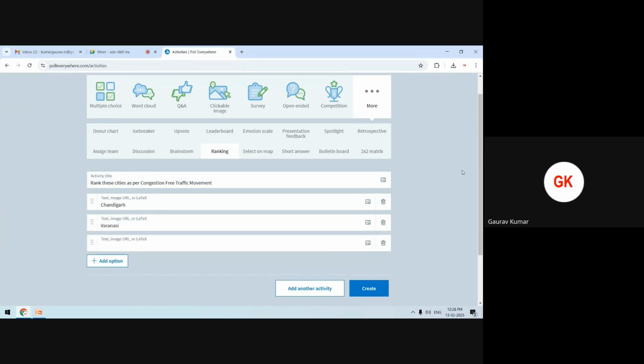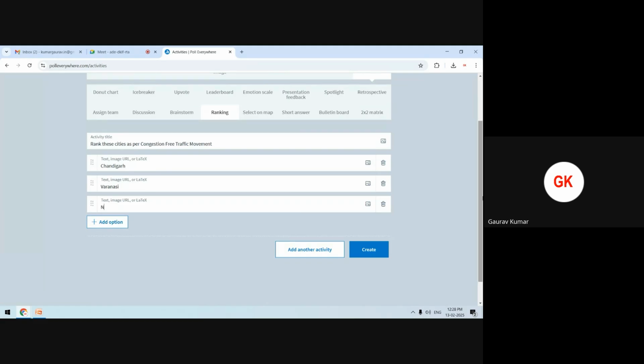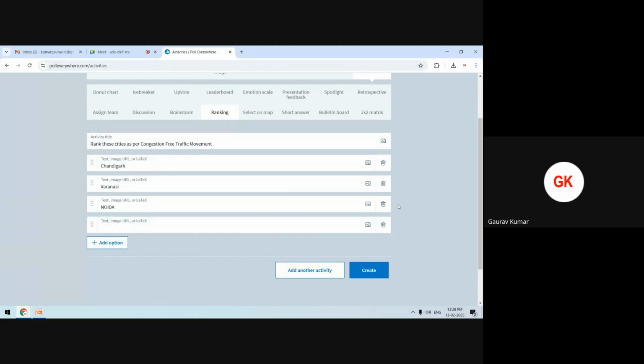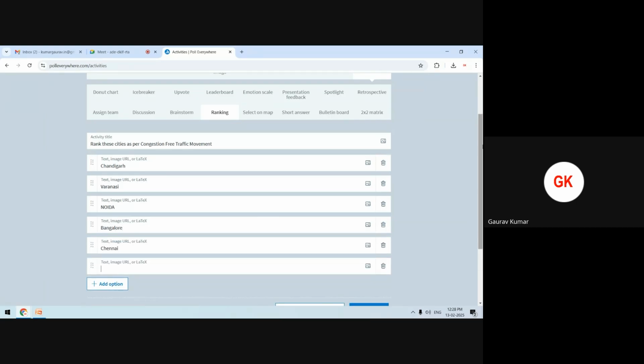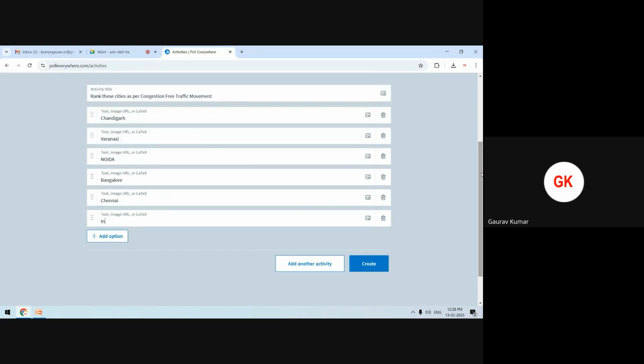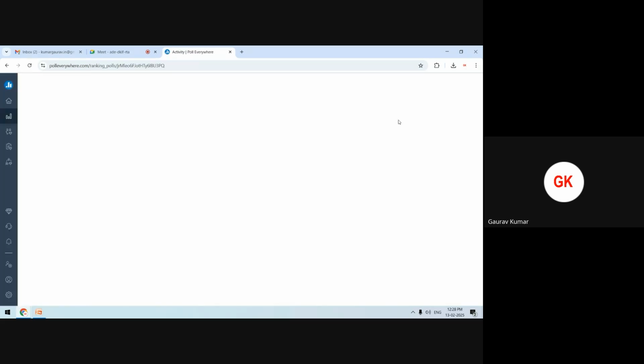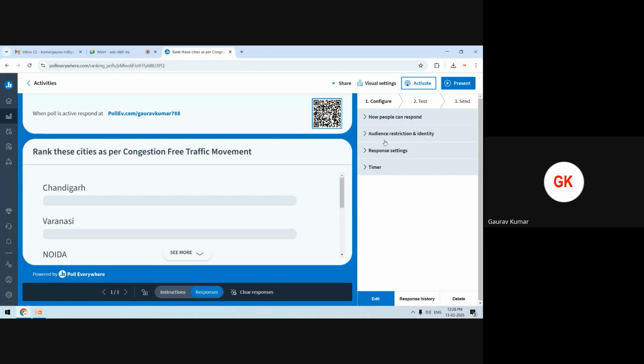For example, Noida. I'm giving some names: Bangalore, Chennai, Indore. I have given them just randomly, so you have to rank these cities only for demonstration. It is not a political question. It is not a diplomatic question. Activate, share,